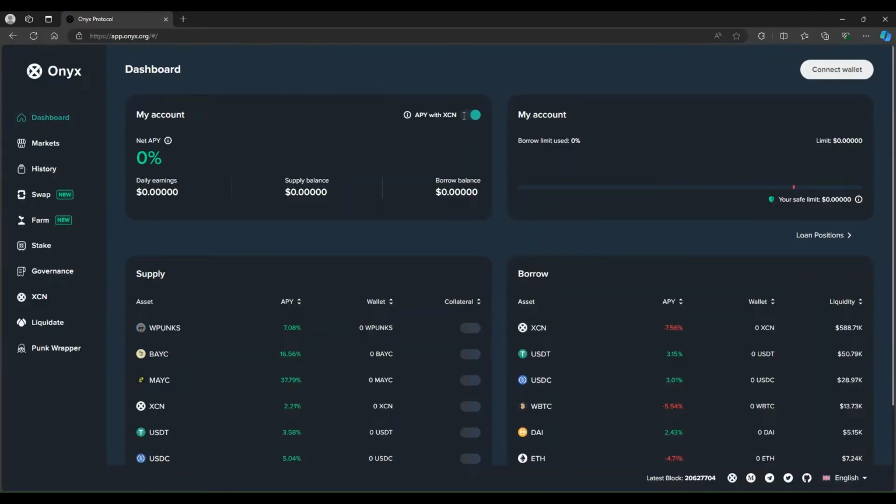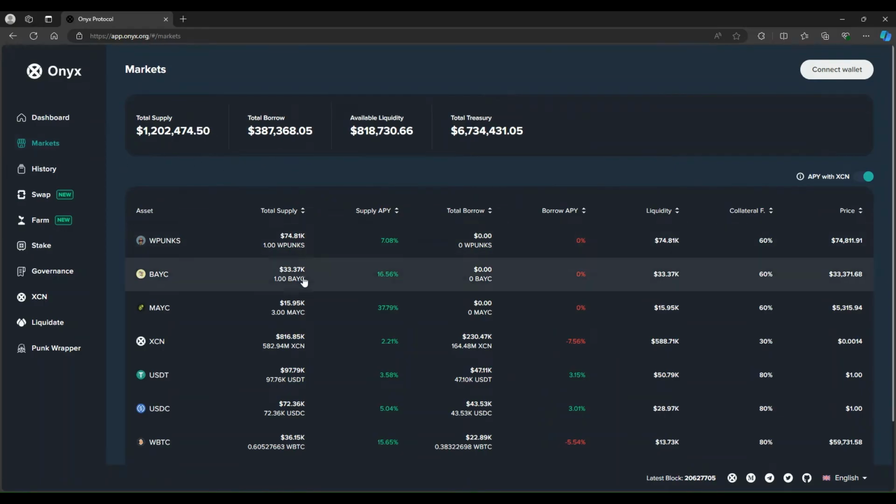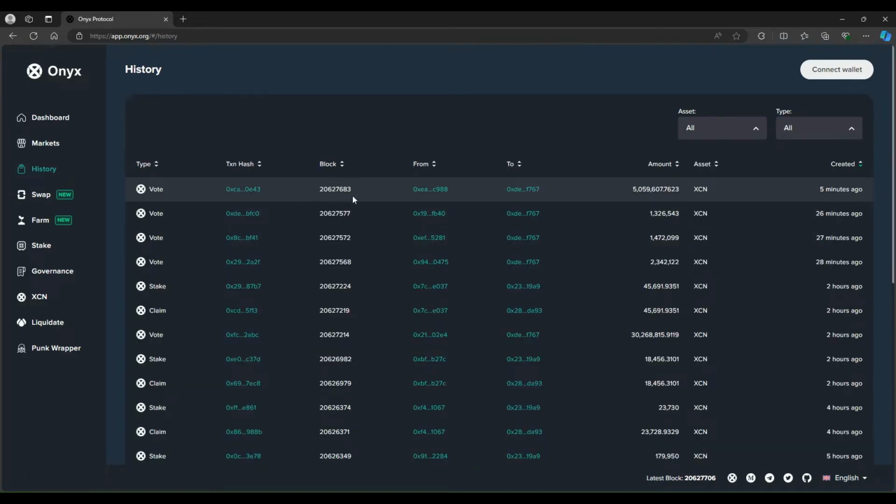All right. So here's the total dashboard. You come in. If you have your wallet, like I use MetaMask, whatever wallet you use, go ahead and connect to it. It gives you how much you're earning for your net APY, daily earnings, supply balance, borrow balance. If that's what you're actually going to do, doing swaps and different things and borrowing and lending on the markets, all the different assets you can do that with. History, this is total chain history and blocks. Kind of like in Etherscan, you go and see the block explorers. This is a nice move here, 5 million for somebody, 30 million down here. So there's some whales in here moving stuff around. So that's always good to see.